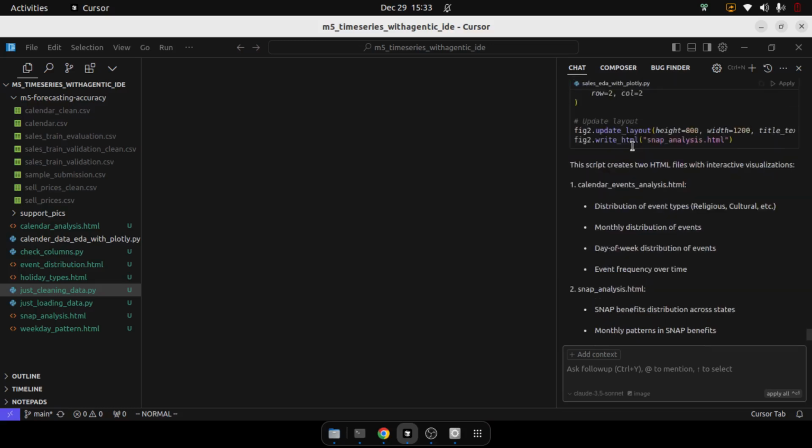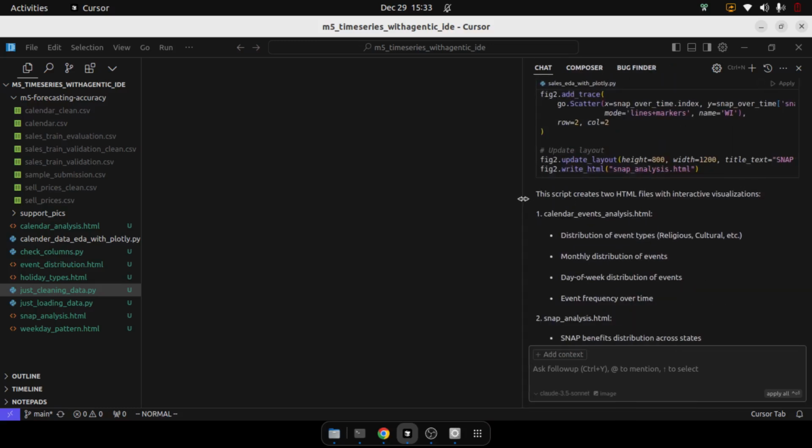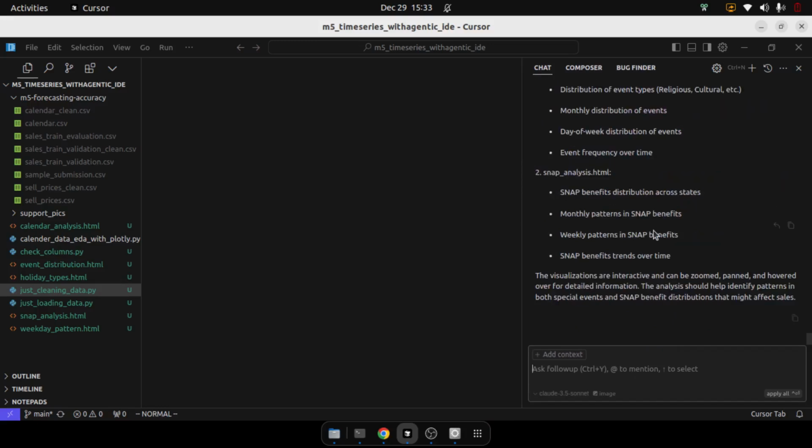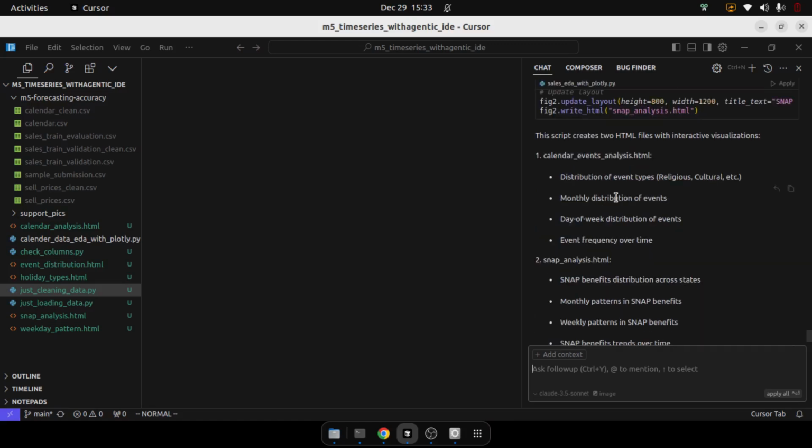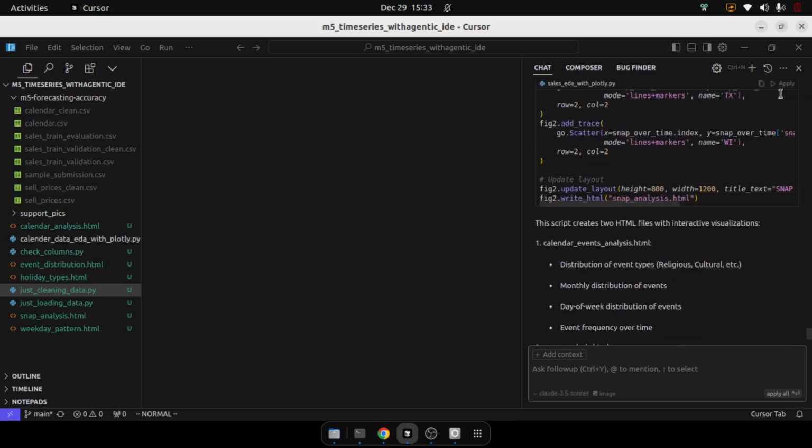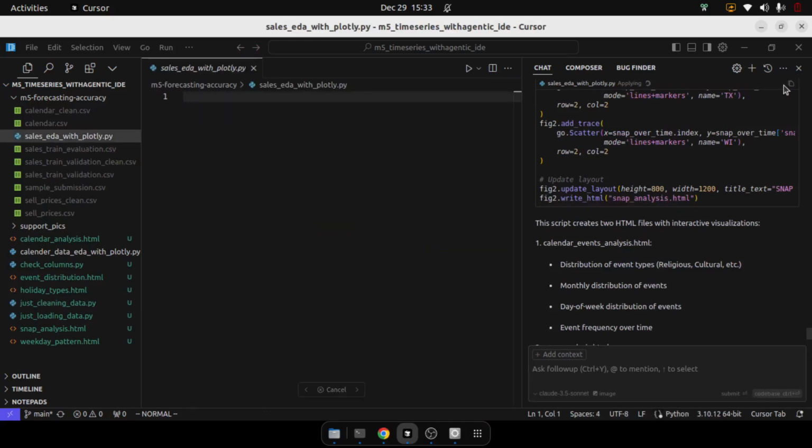So what has happened is, the script creates two HTML files with interactive visualization, calendar event analysis. So it's going to analyze the calendar events, and it is going to analyze the SNAP analysis. But I really don't know what SNAP is and what SNAP benefits are. Okay. So as of now, I am going to apply it to sales EDA with